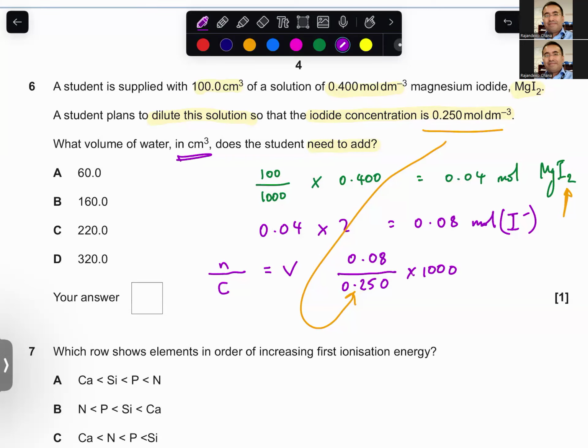0.08 divided by 0.250 times 1,000. That gives us the answer is 320. And going back to the question,